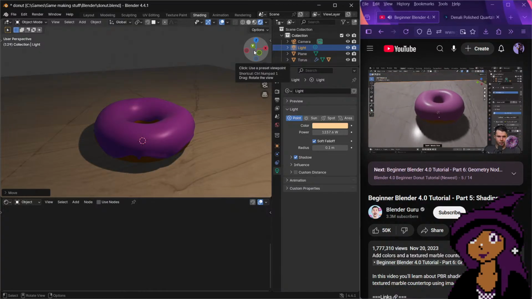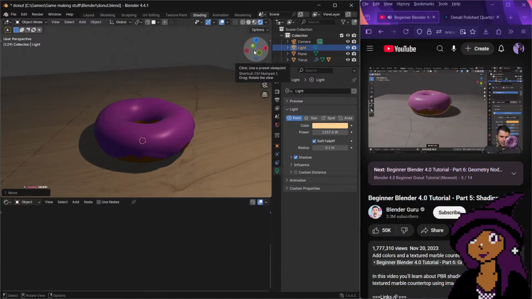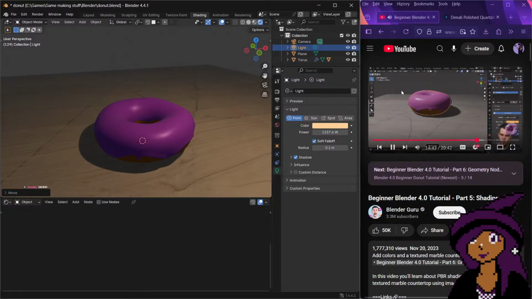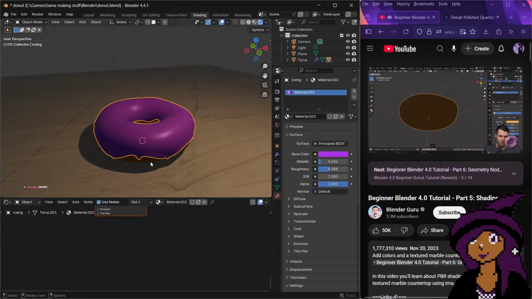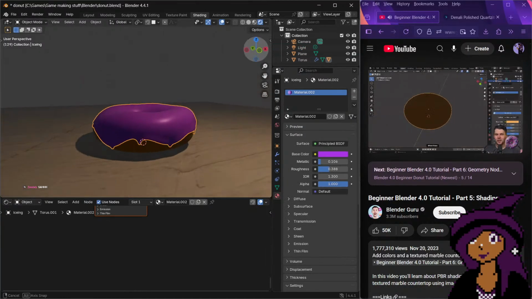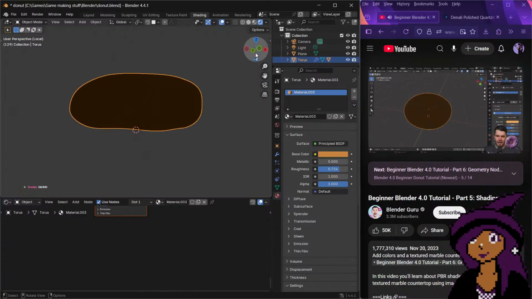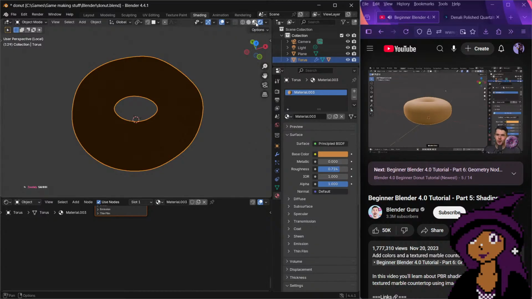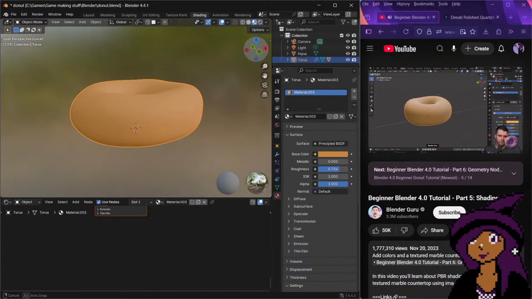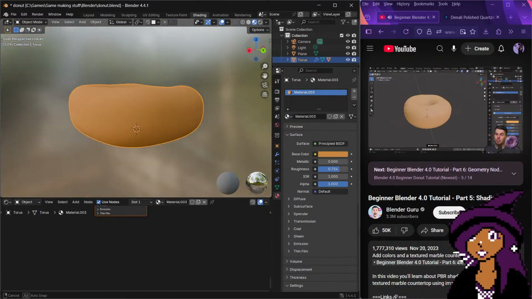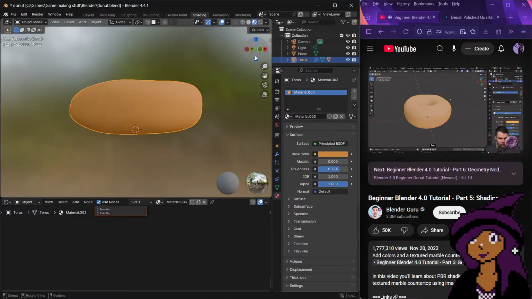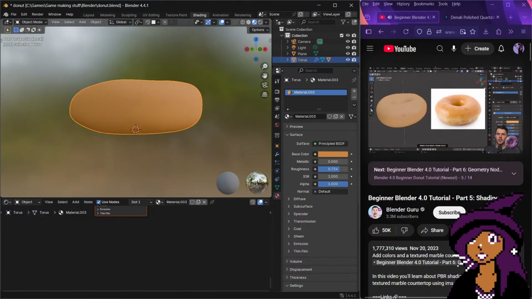So you see our donut base here. Let's just isolate this donut for one moment here by hitting slash, which I mentioned previously. When you're in slash, this is isolate mode, which means it's literally turning off everything, including the lamp, which is why it's dark. But if you turn on material preview, then you get this. So this is okay. But if you look at real references of donuts, you'll see that it's typically whiter